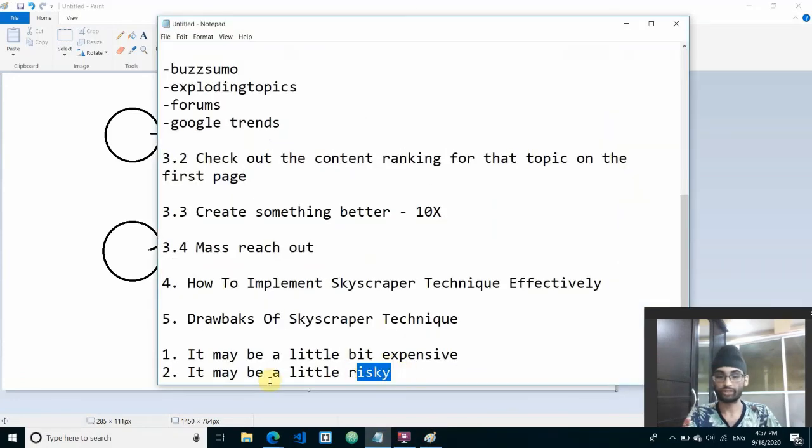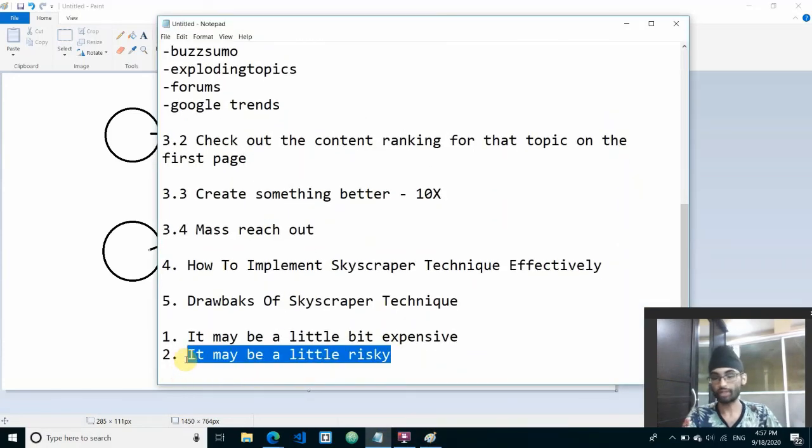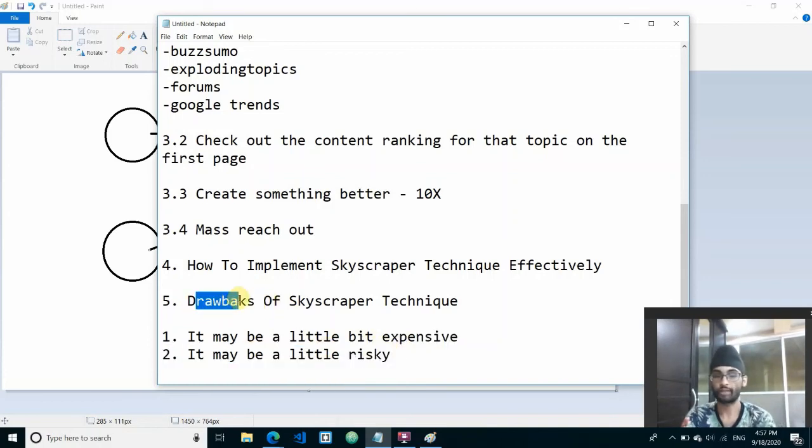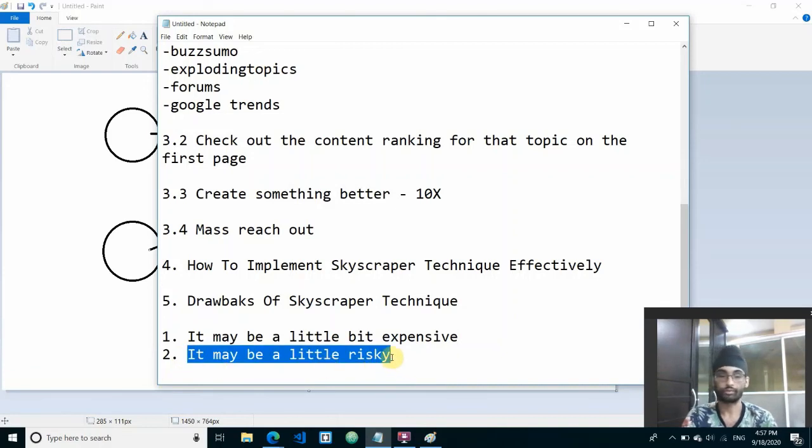this may be a little bit risky, right? So of course you can do it like link insertions, where I explained to you it is the same drawback here. I'll leave the link in the description so you can check my previous video about niche edits or link insertions. It's basically the same drawback here, right? And yeah, that's pretty much it. Of course, with the drawbacks, you can obviously execute these strategies,